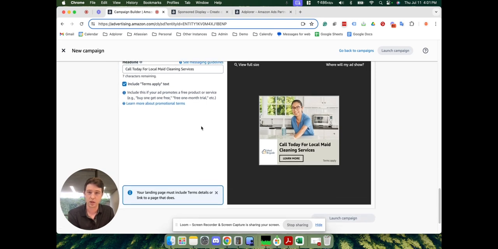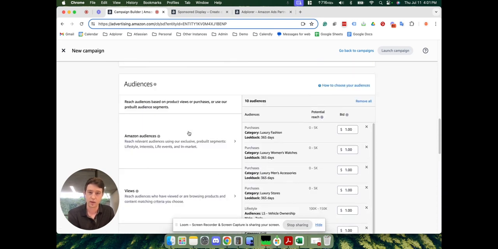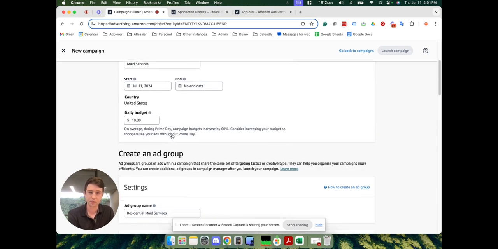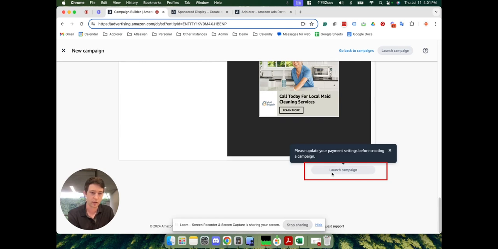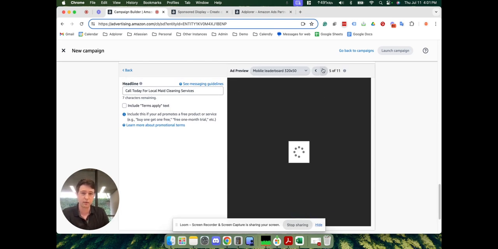But now all we need to do is check our little terms apply box if that is relevant to you. Review everything up here. Obviously you want to add in your location targeting, but then once you're done, you click launch campaigns. You'll obviously need a payment method before you can create a campaign. But really that's it. That is the overview of what it looks like to build out a sponsored display campaign